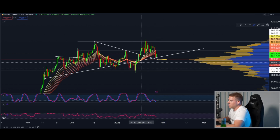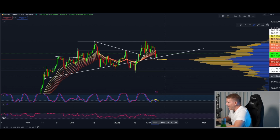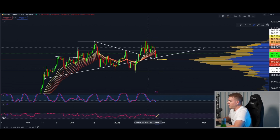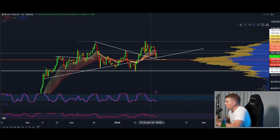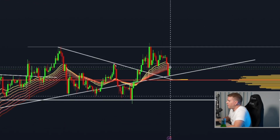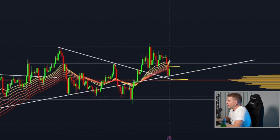I'll get into in a moment why 95,000 is so important, but you see here on the indicators, the stochastic is about to print a buy signal with the next 12-hourly close. The RSI is already pushing back to the upside. With that bounce here, we are not in the midsection, but close to the midsection of the EMA ribbon. We actually got rejected from here slightly. If we can manage to close this 12-hourly candle within the midsection of the EMA ribbon, we're gonna get here